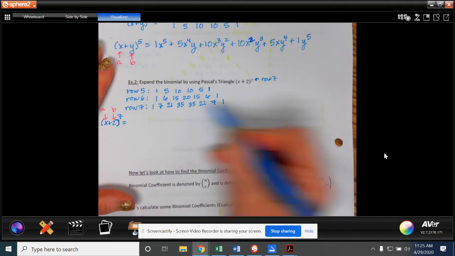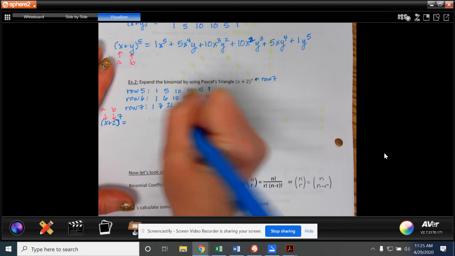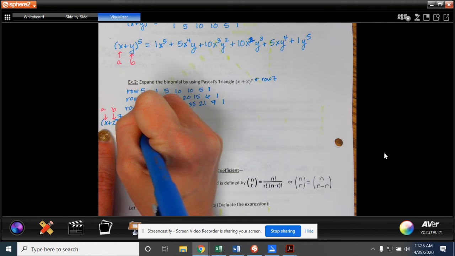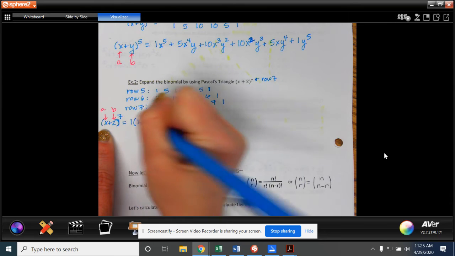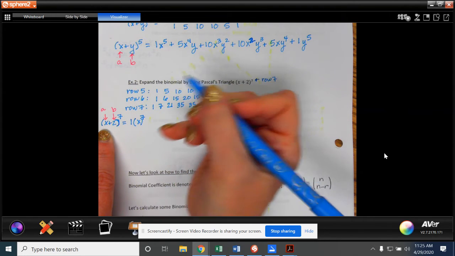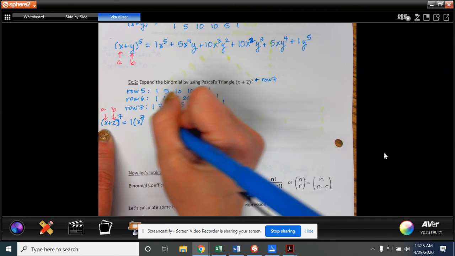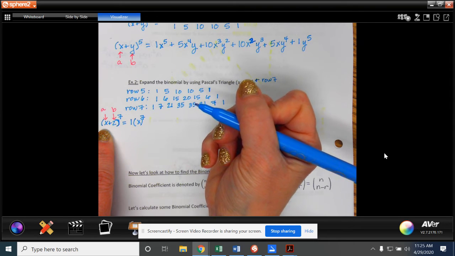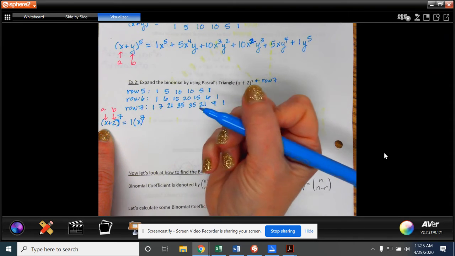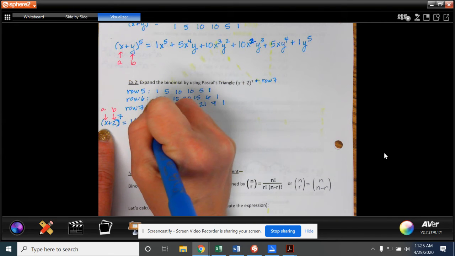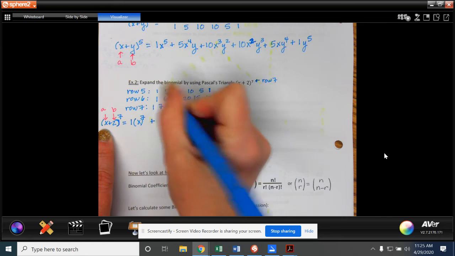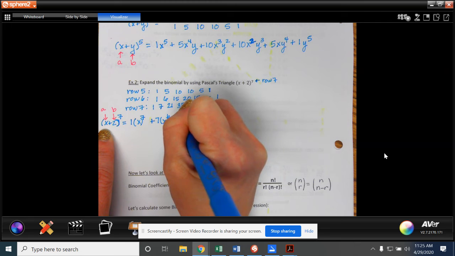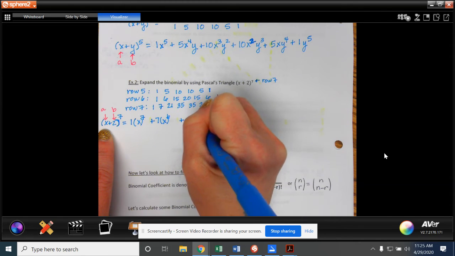I have my coefficients, and I go, okay, I have 1, and remember my A times x to the 7th, because it's always to the highest. And this is where you can decide, do I want to do them both at the same time, the A's and B's, or would I rather do A separate and then B separate? Maybe this time I'll do A and B separate. So I'll leave a little space. Plus 7 times my A to the 6, because it's going to go down, plus 21, my A is x,